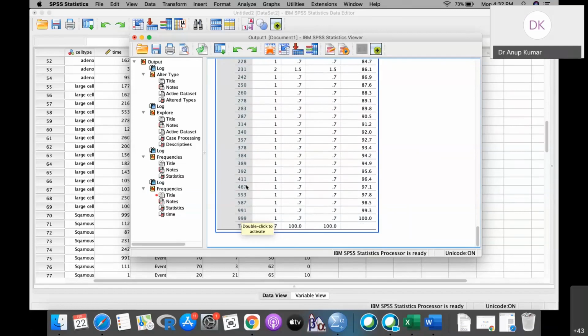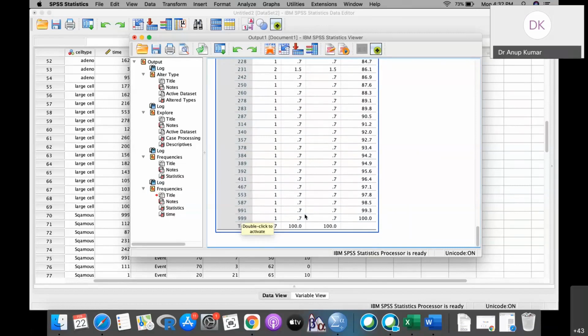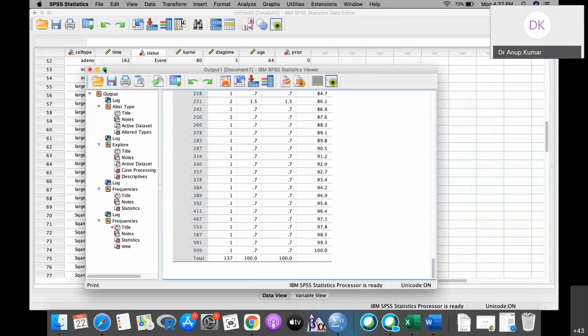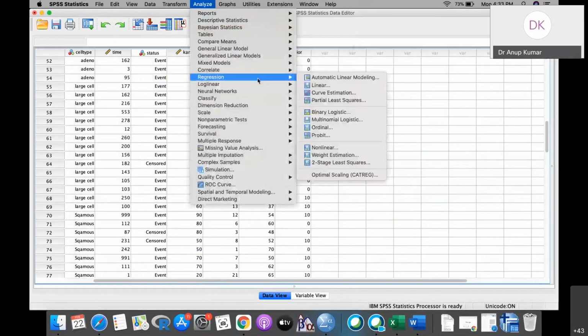Okay, so you can see some sort of outliers are also lying there, but this is what we have to decide when we are going to do such kind of data analysis now.